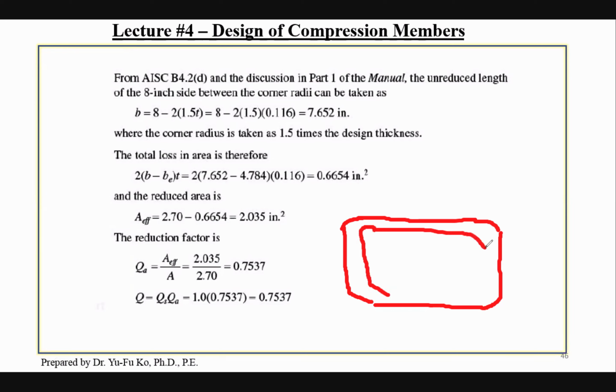So you'll see this radius at the turning corner in each of the four corners. Okay, so the actual width B that you measure for these elements is actually from the center of the radius of each turning corner,